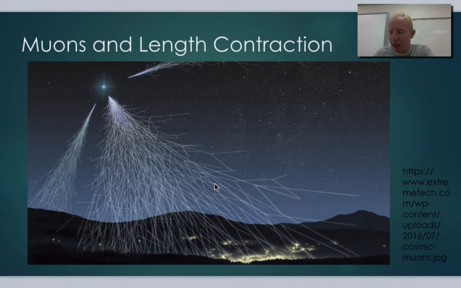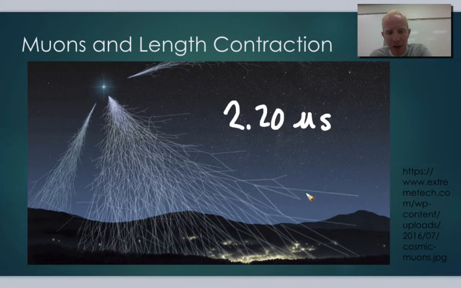Okay, if you look at the lifetime of a muon, its total lifetime is 2.20 microseconds. Okay, or 2 millionths of a second. So they're not around for very long. They get generated and then they disappear. And we can detect these muons on the surface of the Earth when these solar flares come and things happen. But that's weird because if the muon only has that short of a lifetime,